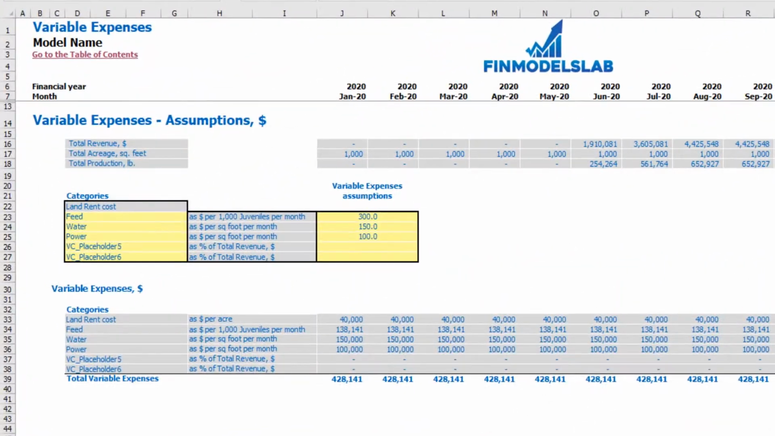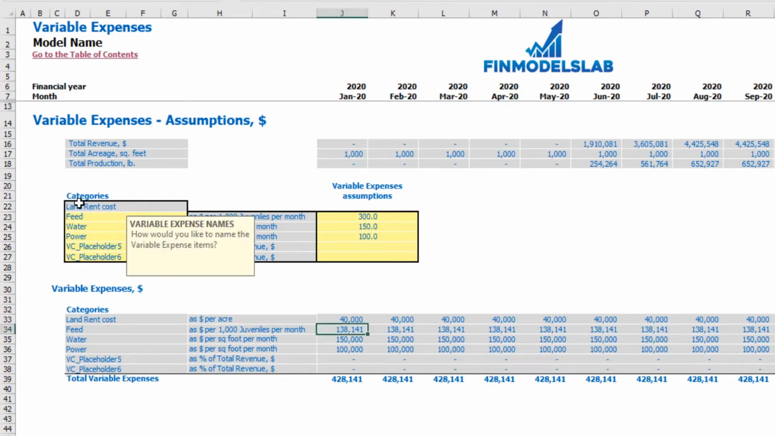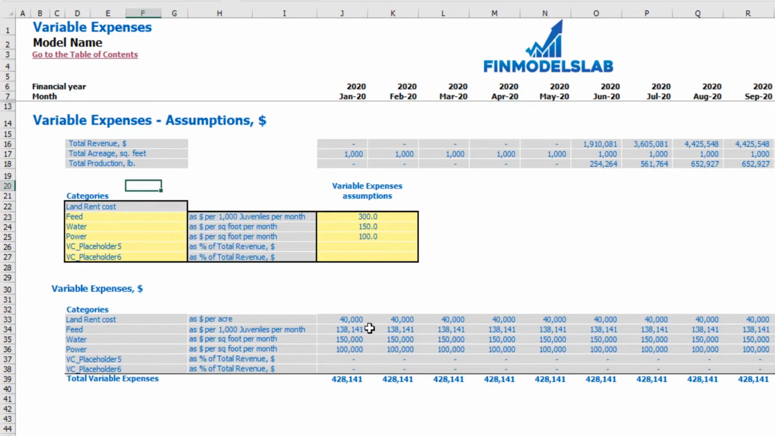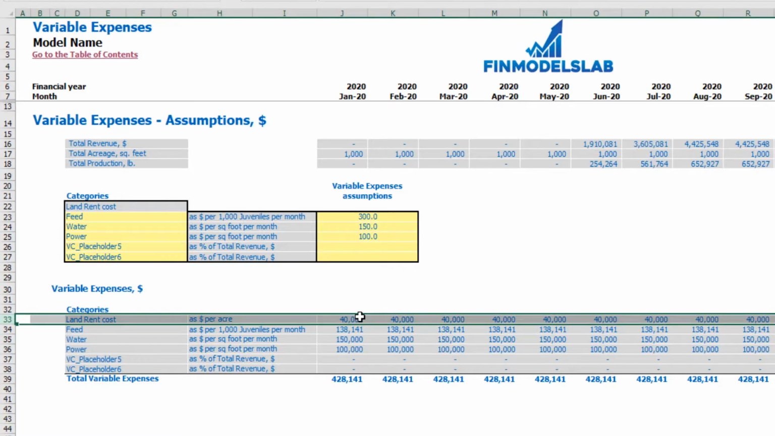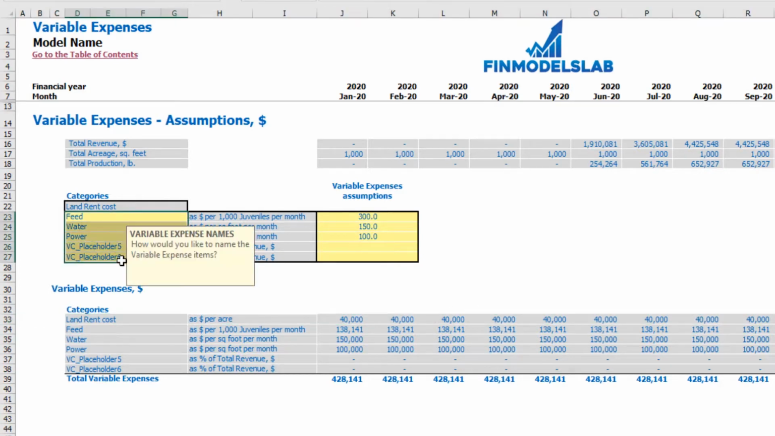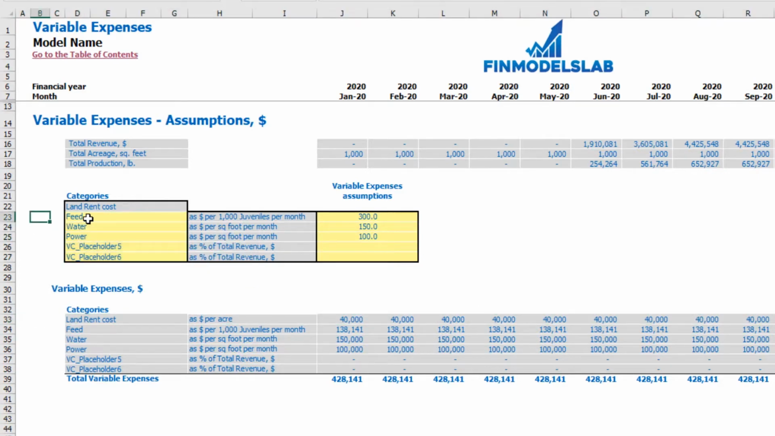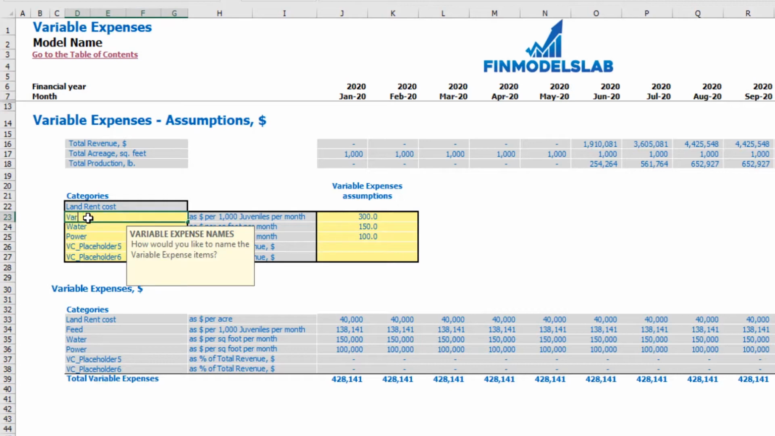On the variable expenses tab, you may see the 6 categories of variable expenses. The first one is land rent cost, which is already predefined by the assumptions which you input on the dashboard, and the calculation of land rent cost you may see in here. The next 5 categories are changeable, so you may type something here, for example variable expenses other category or something like that,